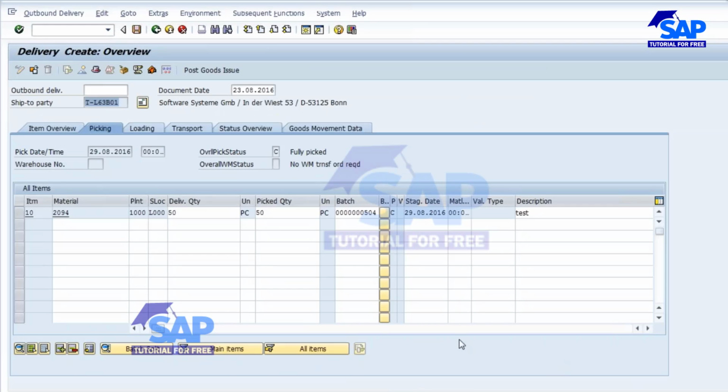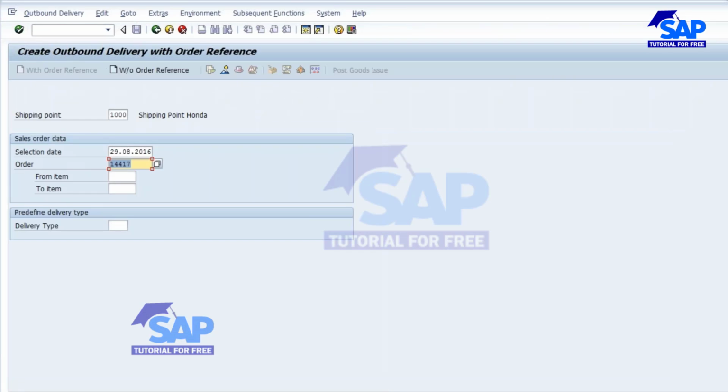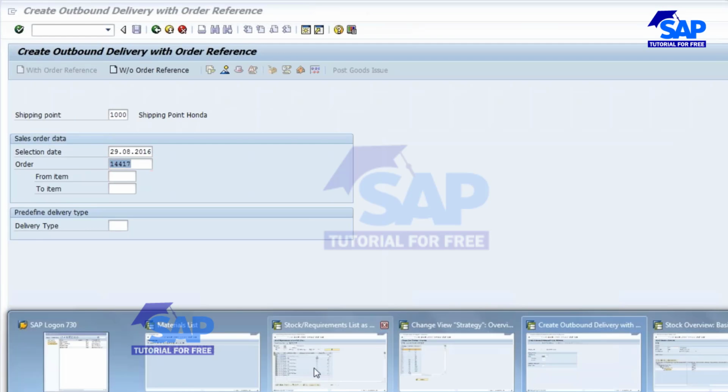Now you see what happens when I make the delivery. I'm going to save the delivery. So I'm done. Now I will do the post goods issue. That means I'm delivering the product to the customer. Post goods issue. Okay, your delivery has been saved. Your delivery has been done. Now if you go to the MD04 screen,